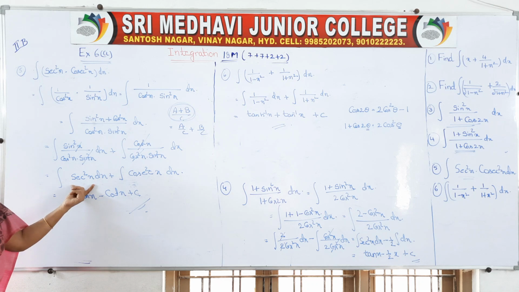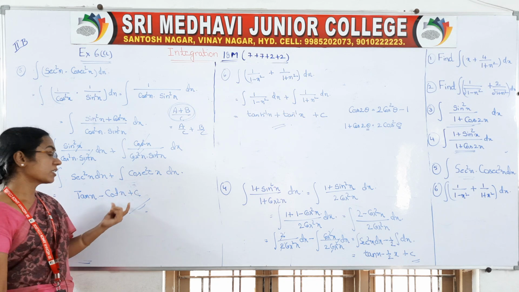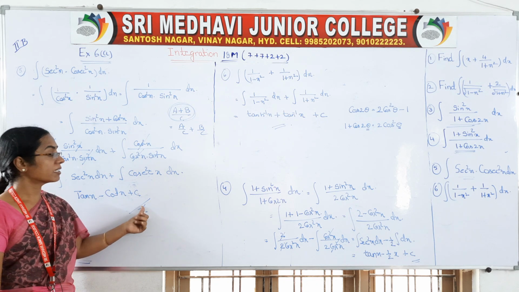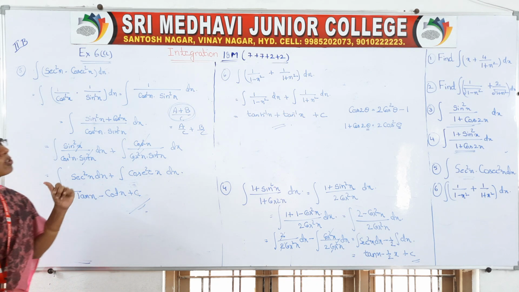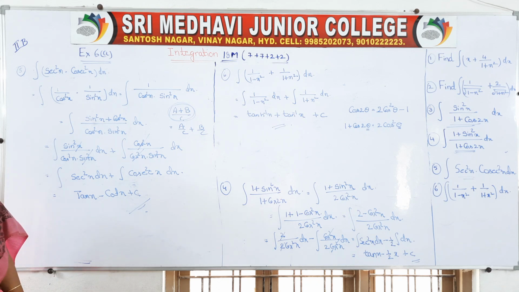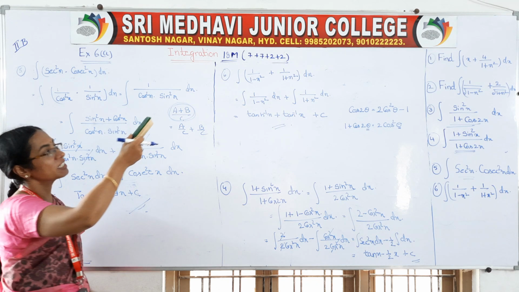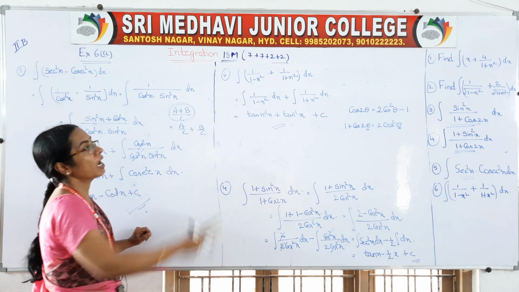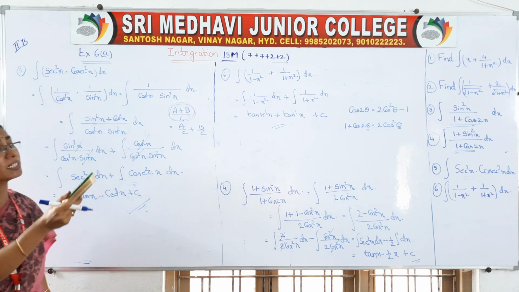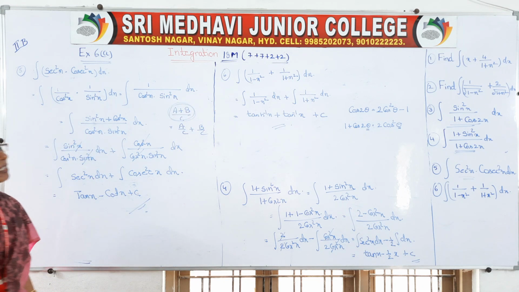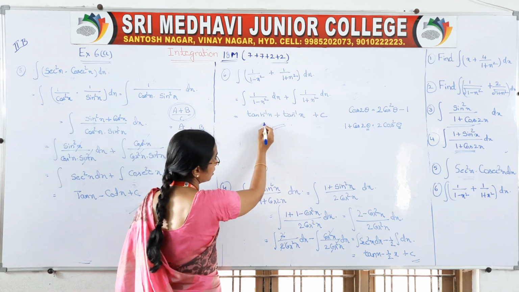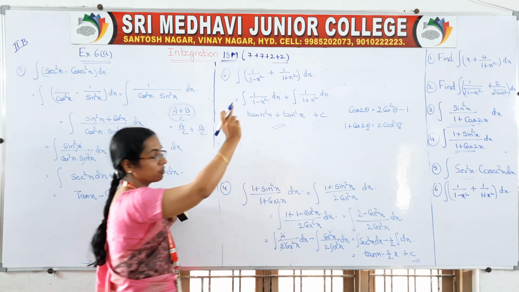These are standard formulas in our integrals, so slowly we have to get used to them. So this one is tan x, and integral of cosec square x is minus cot x plus c. Okay, and the sixth one is a direct question. Just inside the bracket we have the plus sign. Whenever there is plus or minus, just take the separate integrals, and this is tan h inverse x, this is tan inverse x